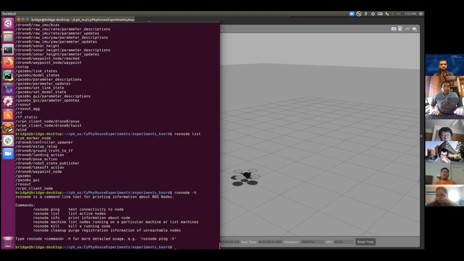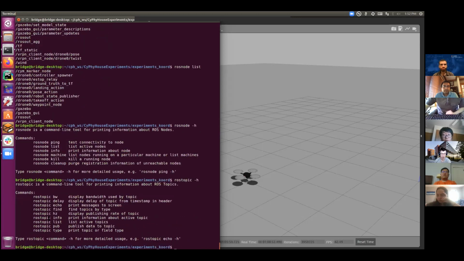These two commands have many subcommands for you to figure out everything. For example, in rostopic, you can also publish a one-off message to some topic you want to test, and echo will be showing,